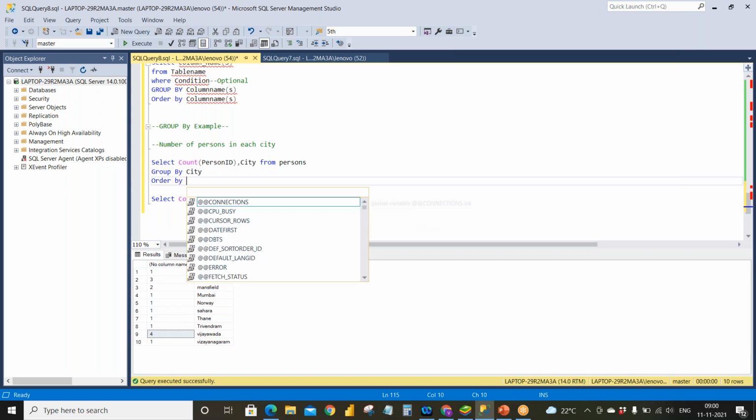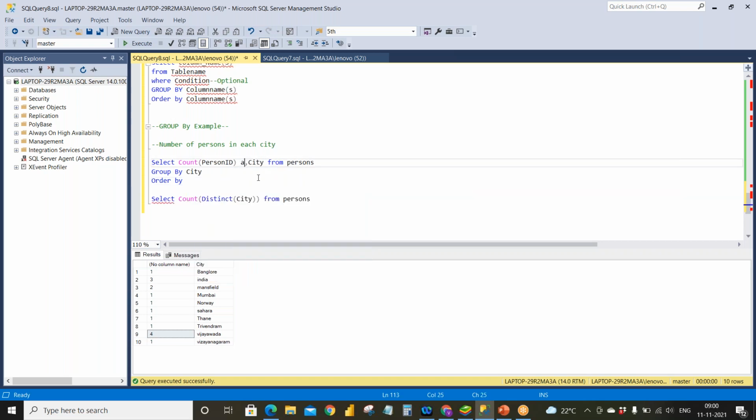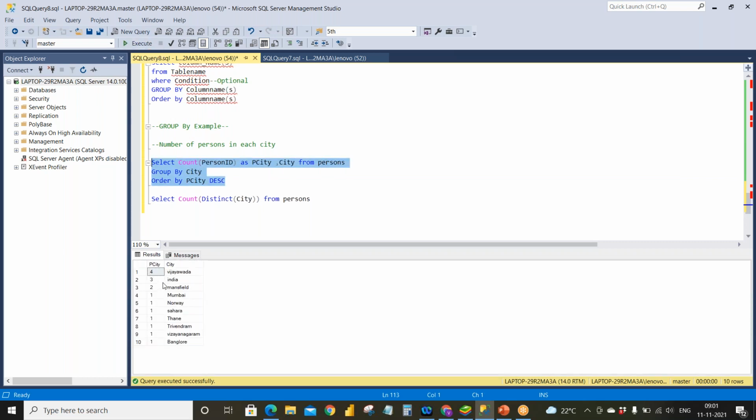I'll give an alias name to the count, and use descending order. So Vijayawada will come first. See, Vijayawada is coming first.